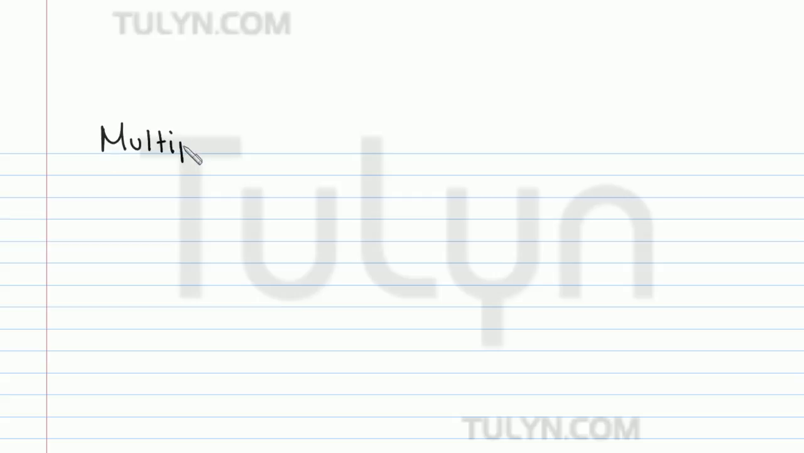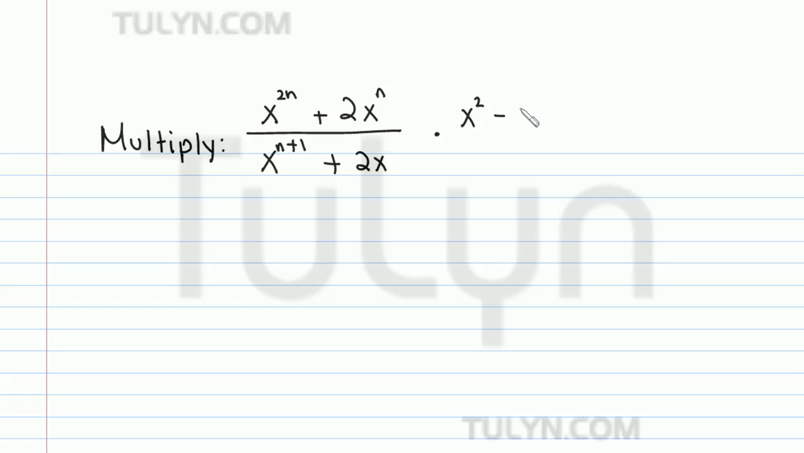Multiply the following rational expressions. So (x^(2n) + 2x^n) over (x^(n+1) + 2x). And the second one is (x^2 - 3x) over (x^(n+1) - 3x^n). Now this looks a little bit cumbersome at first, but once we factor things out, it'll look a little bit nicer. So